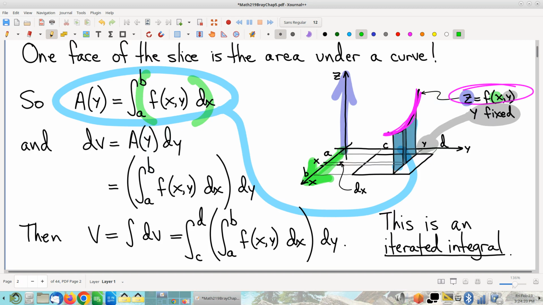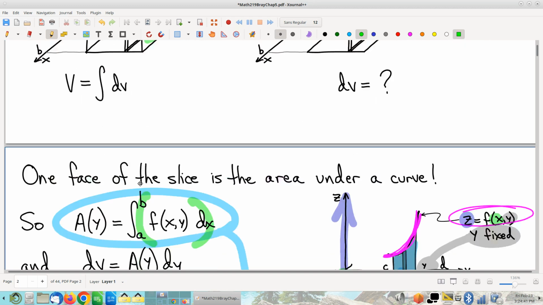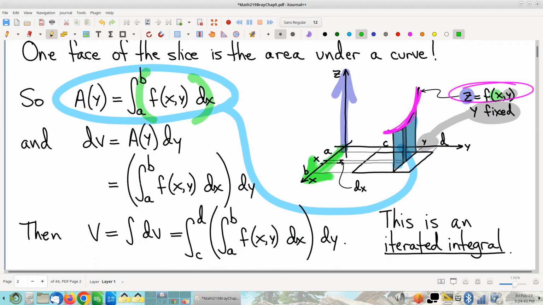Okay. So looking back at the start, the first argument I made was that I'm going to integrate as I go in the y direction. Area times dy will give me volume. So I have a dy integral, the integrand of which is cross-sectional area, which itself is a dx integral. And altogether then,